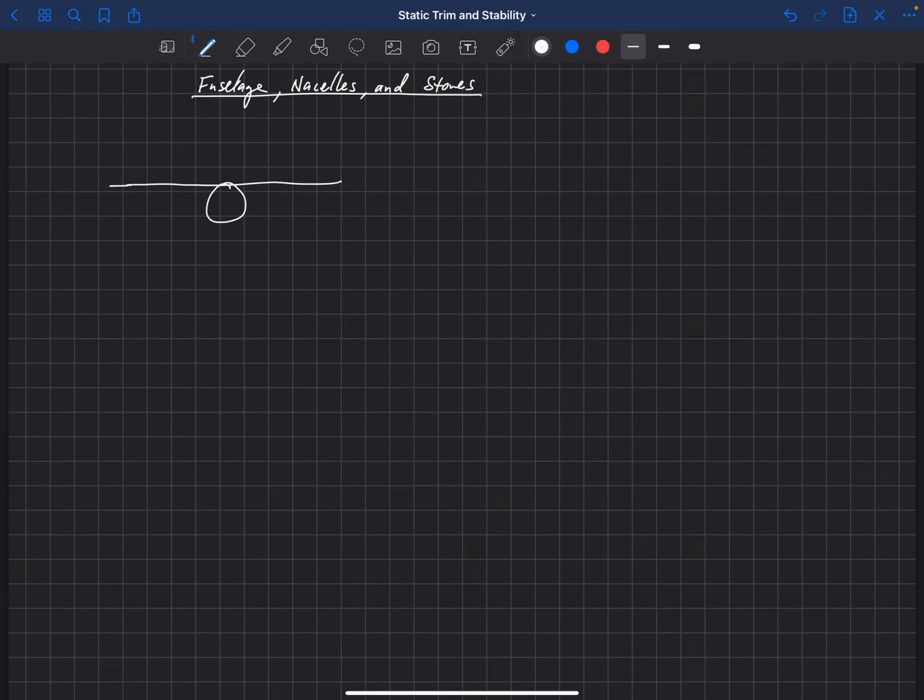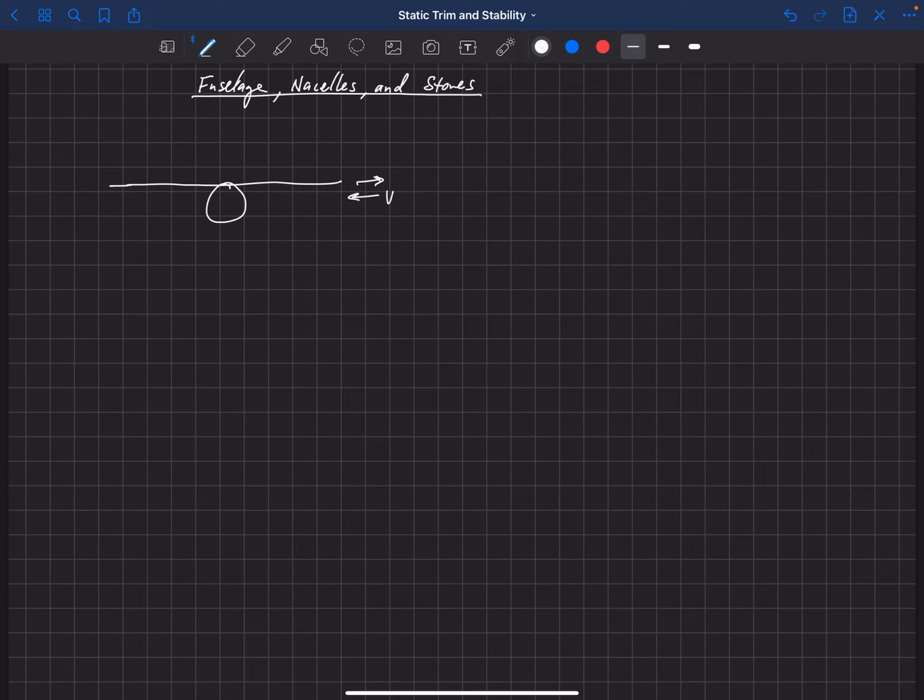Now let's put this into some side slip, and we're looking at the back of the aircraft. So positive side slip would be the aircraft moving to the right here. And so what happens is there's the flow, we have some velocity now that's coming in. So the aircraft is moving to the right, which means that the velocity is coming in from the right wing here. And so what happens is the flow has to get around the fuselage, or that component of velocity has to get around the fuselage somehow.